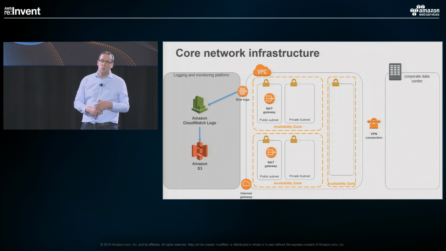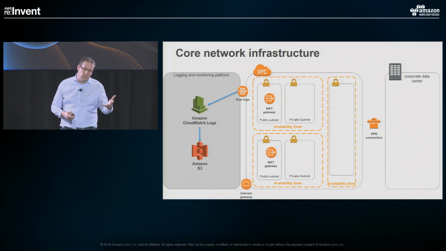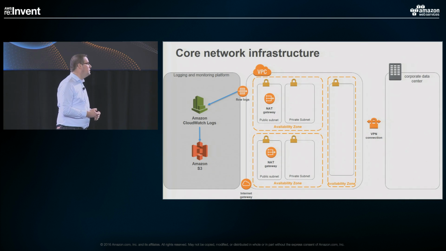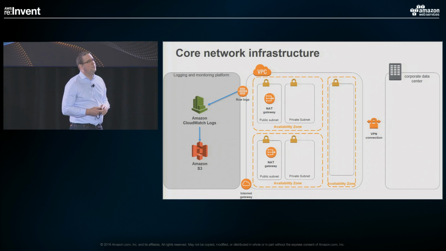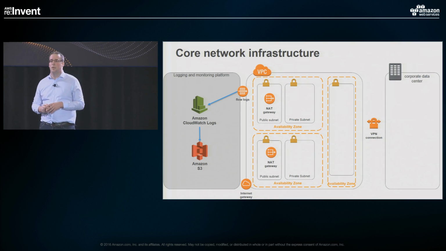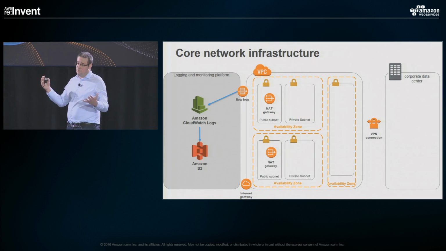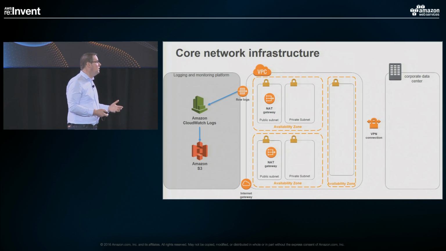So what do we want to have when we create a VPC on top of AWS? So here I'm using an example region which has 3 availability zones. This is the canonical setup for having a VPC on top of AWS. That's what I deploy just about every day with my customers. What we have is a VPC that is constrained to one region. Within that VPC, we have 3